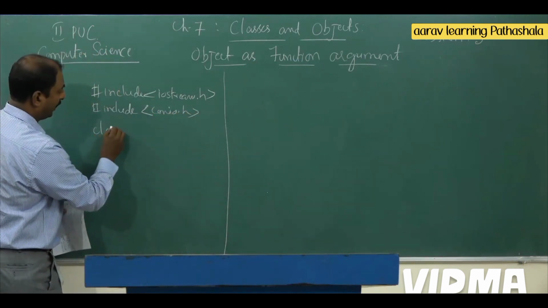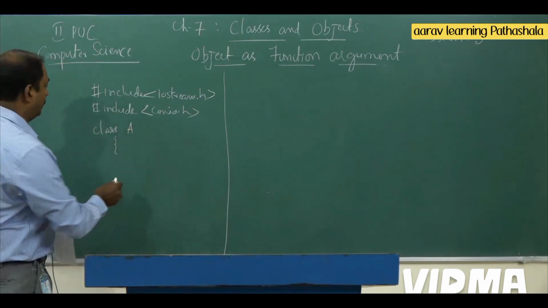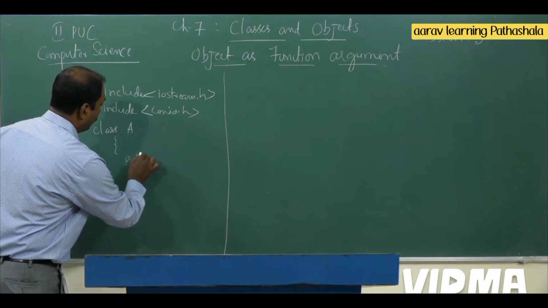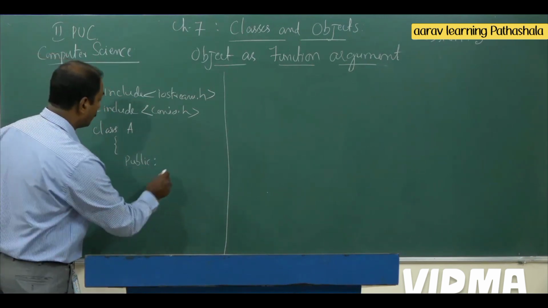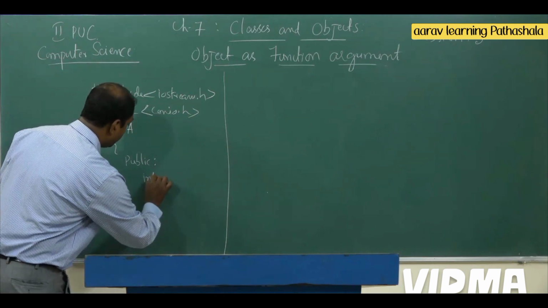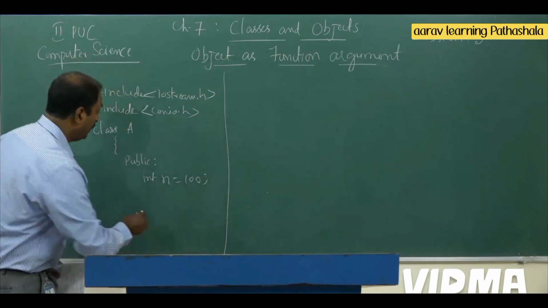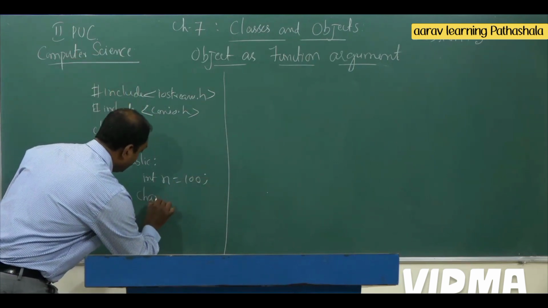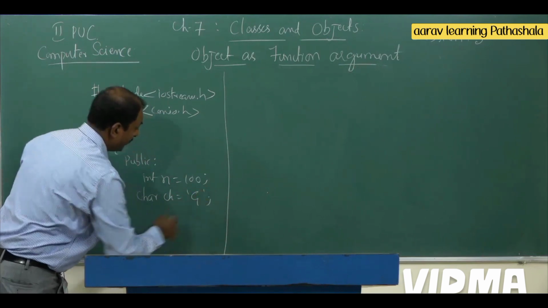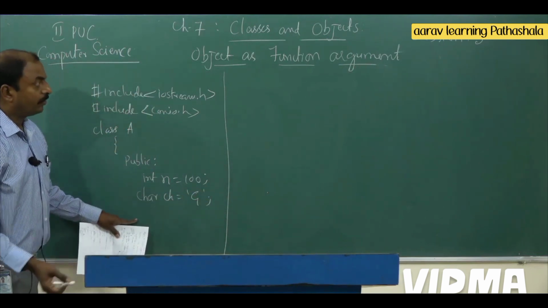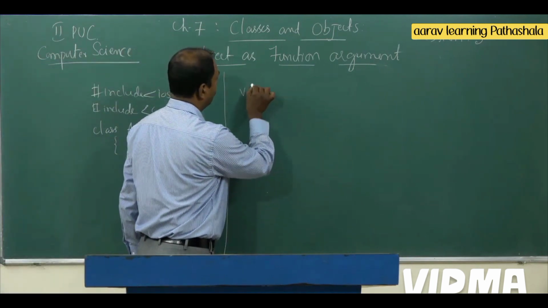Now let us define a class A. Under this I am going to declare variables under the public access specifier. Under this, int n equals 100, one variable, and character ch equals g. After this we have to write a function for this. So let me write a function, void